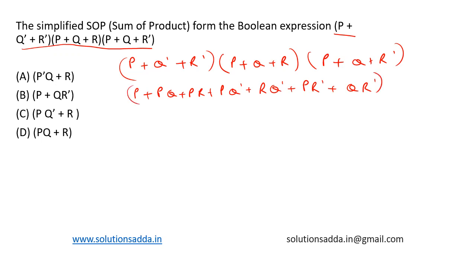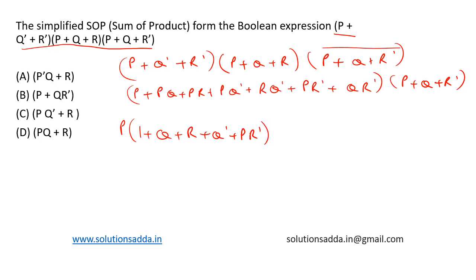This into this whole expression, that is P plus Q plus R bar. Now let's rewrite this. We can write it in such a way that taking P as a common factor, P into (1 plus Q plus R plus Q bar plus R bar), plus Q bar R plus Q R bar